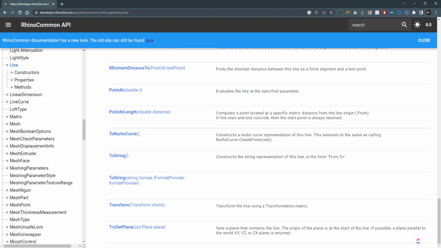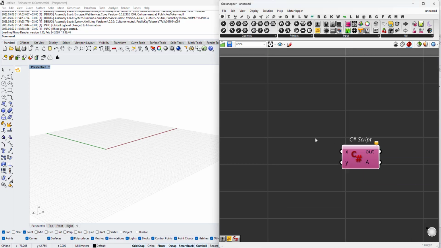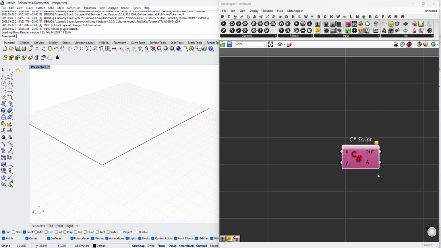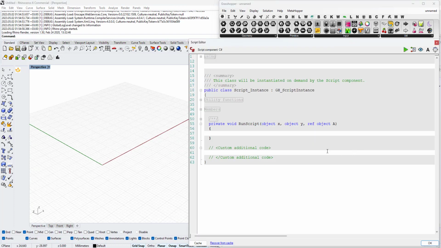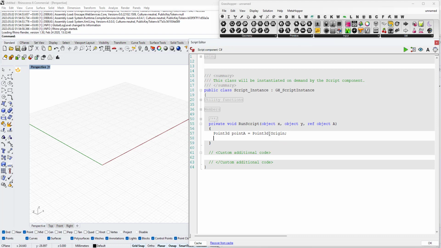So what can we do now? Let's try creating two points and find how we can construct a line between them. Let's create those two points. We'll say Point3D pointA equals a new Point3D. Let's say that it will be at the origin. So in this case, we can just write Point3D.Origin. We can use this property from the Point3D struct directly, and then let's copy this line and call it pointB, and here we're going to